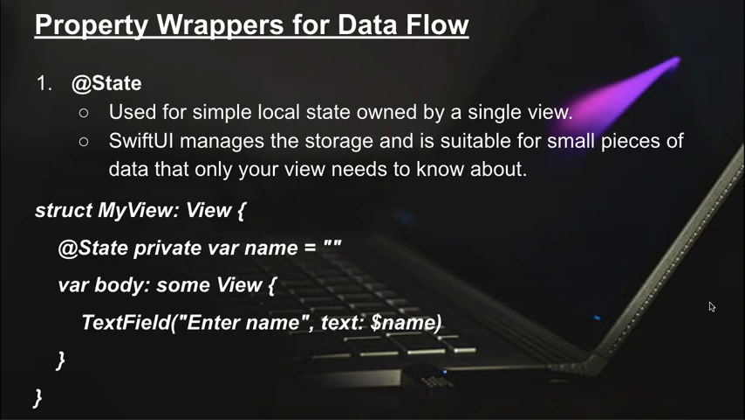Property wrappers for data flow. Number one, @State. It's used for simple local state owned by a single view. SwiftUI manages the storage and is suitable for small pieces of data that only your view needs to know about. struct MyView: View { @State private var name = "" var body: some View { TextField("Enter name", text: $name)